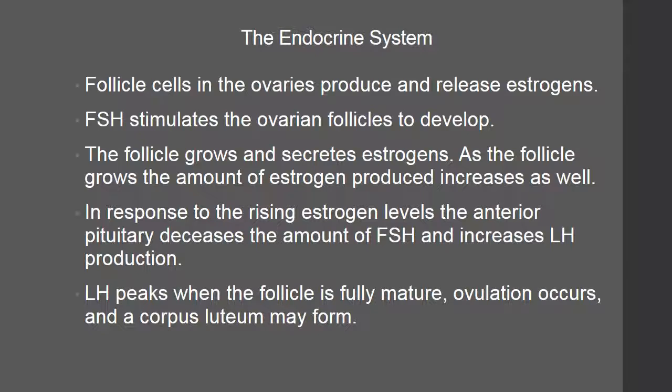FSH stimulates the ovarian follicles to develop. As the follicle develops, more and more estrogen is produced. The follicle grows, secretes the estrogen. As the follicle grows, the amount of estrogen produced will increase as well. In response to the rising estrogen level, the anterior pituitary will finally decrease the amount of FSH and increase LH production. So when estrogen levels get high enough, it triggers a response in the anterior pituitary, FSH backs off, LH kicks in. When LH peaks, when the follicle is fully mature, it's ready to ovulate, ovulation occurs, and